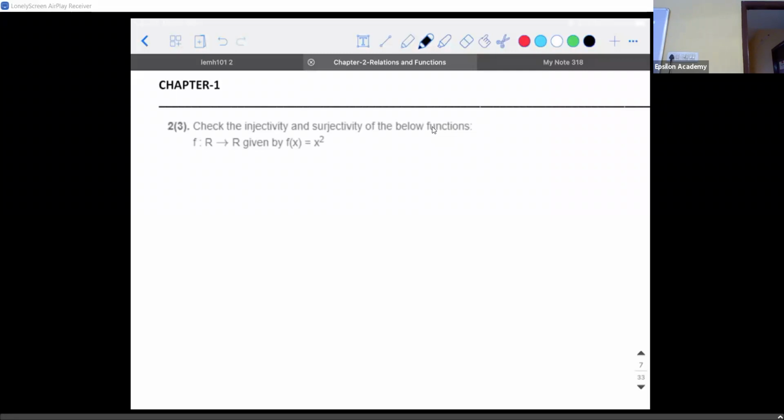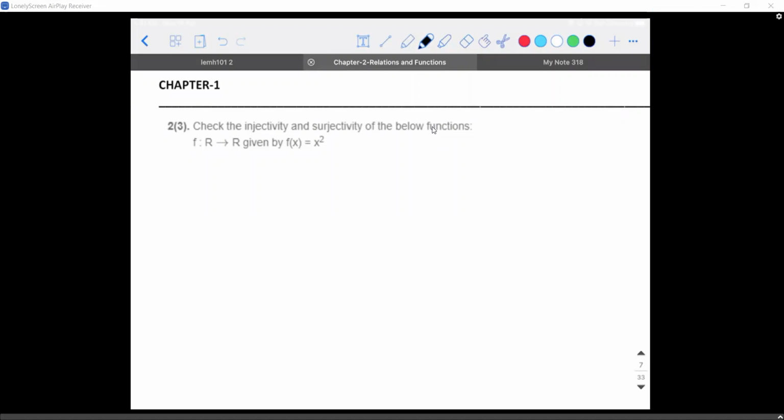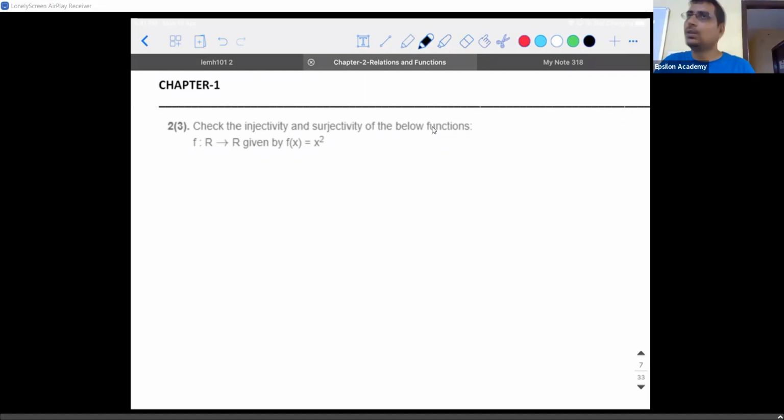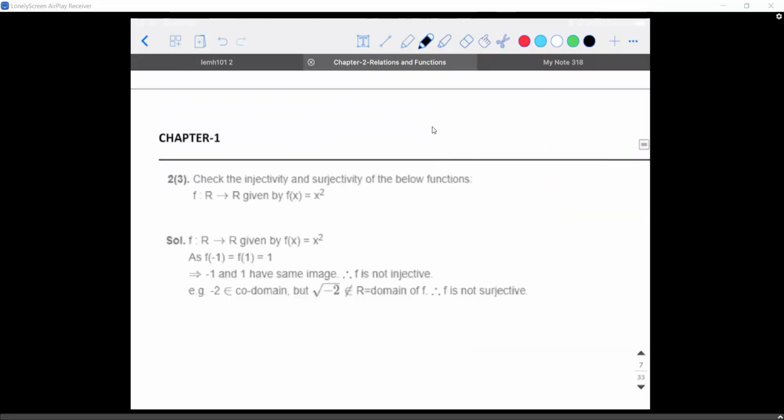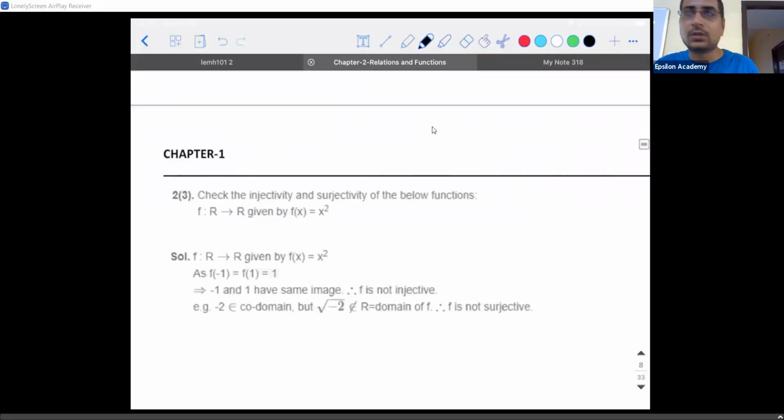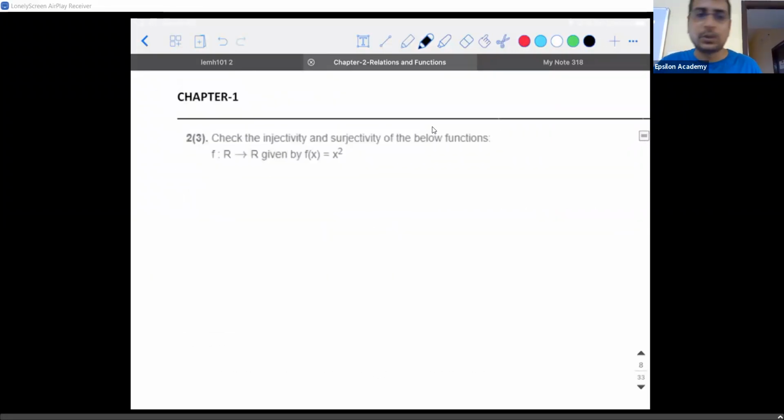So what is the answer? It's not a one-to-one function. It is onto, but it is not one-to-one because it's a many-to-one function. I hope everyone has got it. Got it? Sir, how is it a many-to-one function, sir? Because it is not one-to-one. Any function which is not one-to-one is called many-to-one.